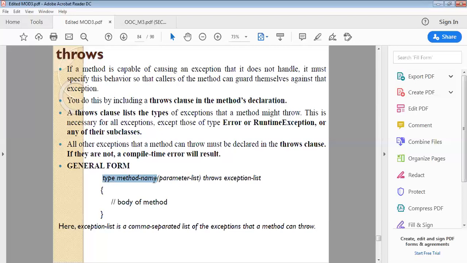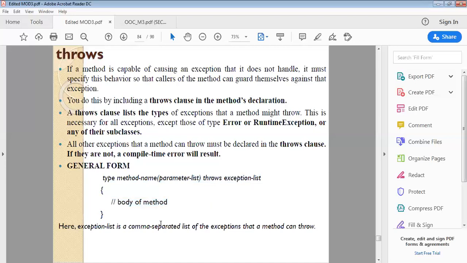Where the function name or method name is there, only there you give throws exception list. That is, when writing code you know that if I write code this way, this kind of exception will come. Then we give throws beforehand, so even if the exception comes it will not tell us anything. Okay, so that's why we give it as type method name throws exception list with the body of the method.